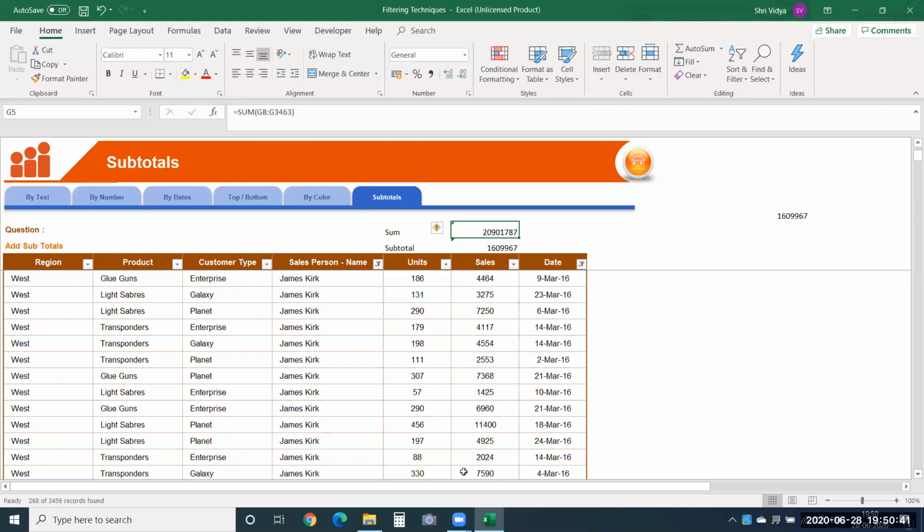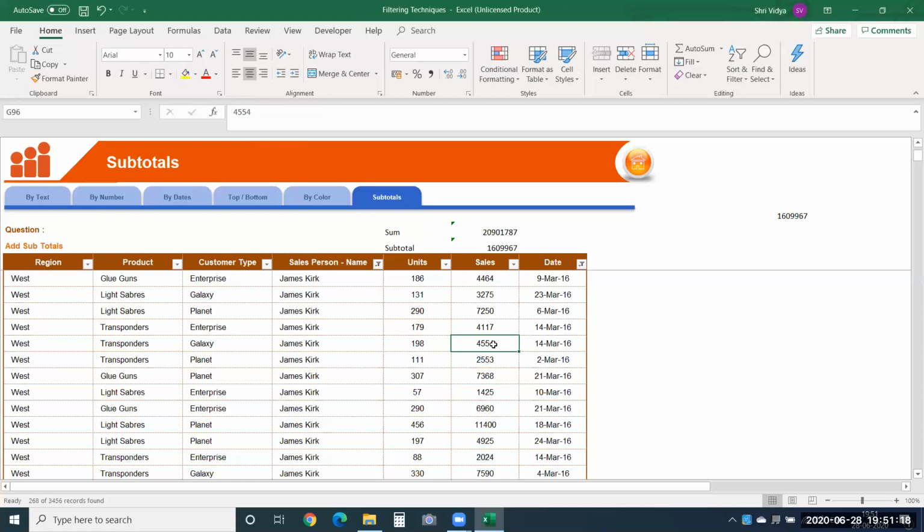Clear? In case I'm applying the sum, ma'am, the filter should not be there. Even if you apply a filter, Debashri, it is going to give you the constant value only. It's not going to change. Whether you clear the filter or apply the filter, sum will not change. It will only affect the subtotal function, because subtotal will apply the function that you have provided, be it sum, count, average, anything. It will apply that function only on visible cells. It doesn't take into account hidden cells.